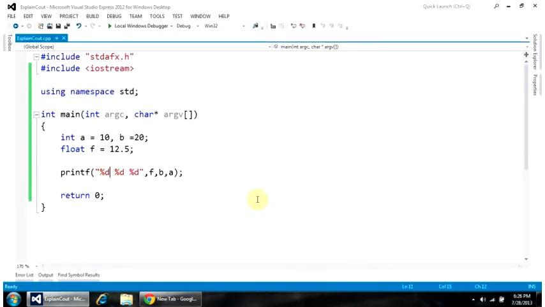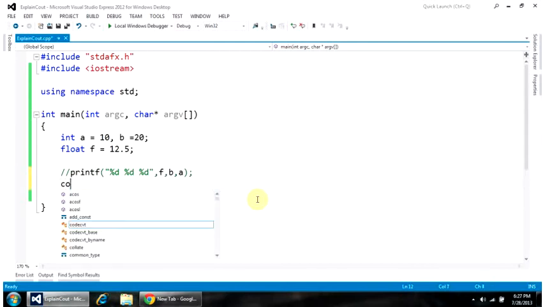You are using %d instead of %f. Now why it should happen, I don't know, or how things go wrong with printf. With only one variable change, it is showing almost all variable values wrong. I don't know why, but it is how it is. But with cout, you do not make this type of mistake, because cout simply says: just tell me what your variable is, and I will take care of how to print it.